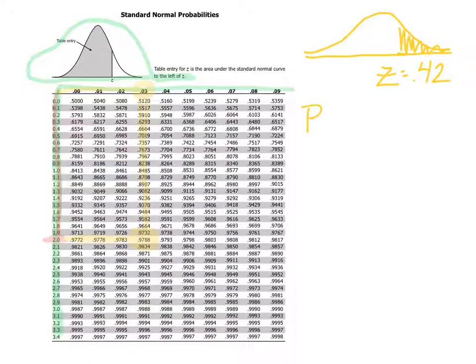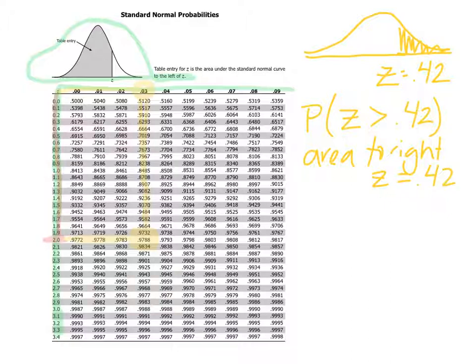It might look like this, probability that z is greater than 0.42. Or it might be just written out, find the area to the right of z equals 0.42. So if we're going to find area to the right,